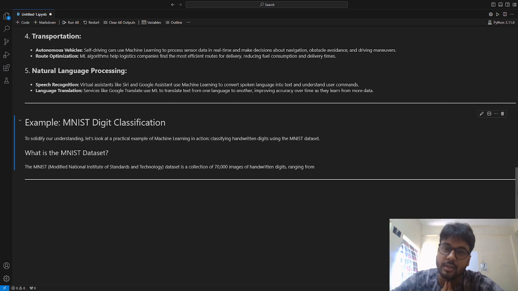But this is where the beauty of machine learning programming lies. Instead of programming everything critically, here it understands the patterns of the images. So let me give you some context about how that model was working. It was a digit classification model, trained on the MNIST dataset. MNIST is the Modified National Institute of Standards and Technology dataset, a collection of 70,000 images of handwritten digits. Okay, it was labeled data, just like I have a handwritten digit 5 and it's labeled that it is a 5. So it was a supervised machine learning algorithm, as I said previously.